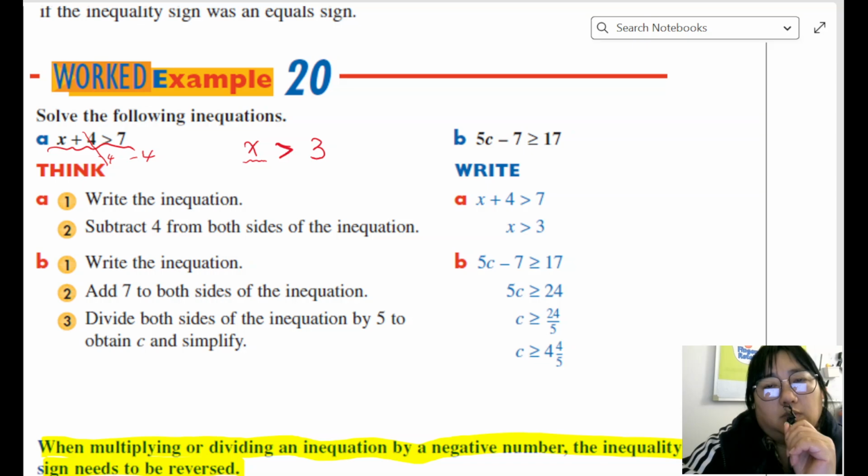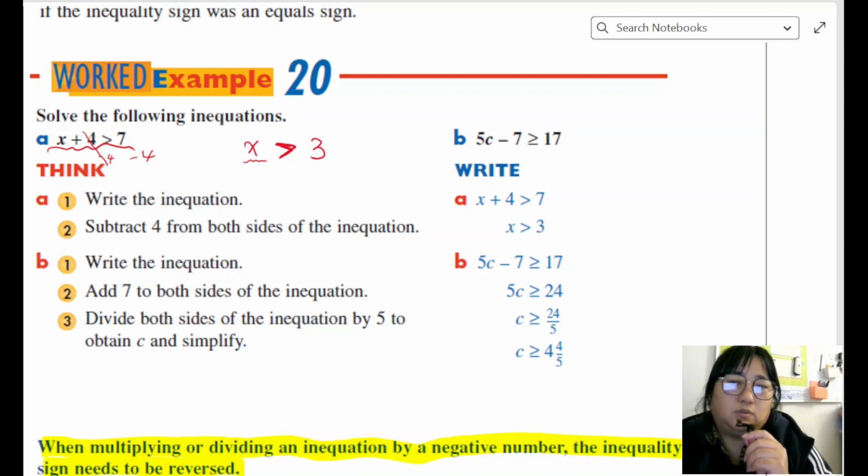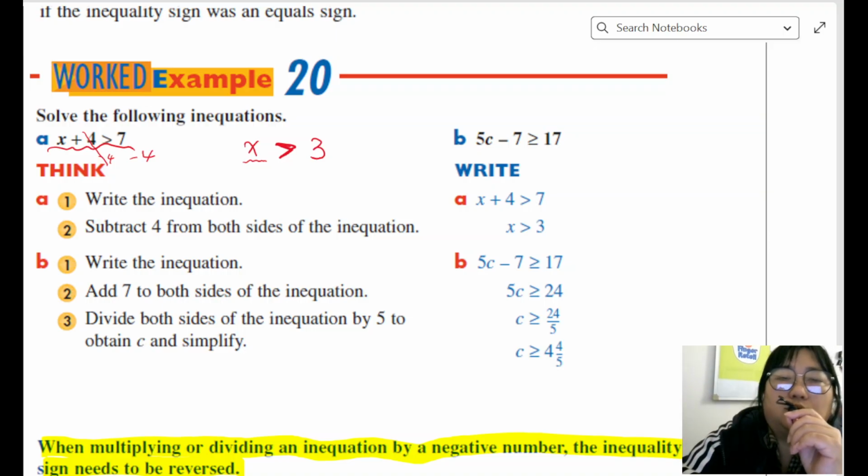And then this symbol will stay the same. So x is greater than 3. x greater than 3. And now we can have a look at how we can draw x greater than 3 on